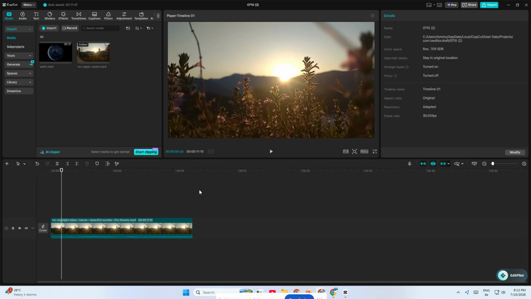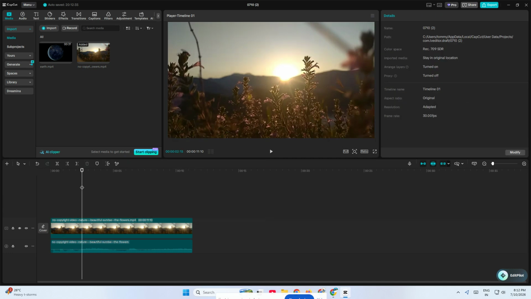First, open CapCut PC and load the project that contains the audio you want to edit. Once you're inside your timeline, look for the audio clip you want to work on. You can cut audio in two main ways, and the first method is trimming the beginning or the end of